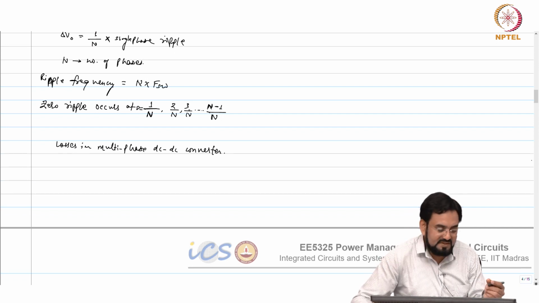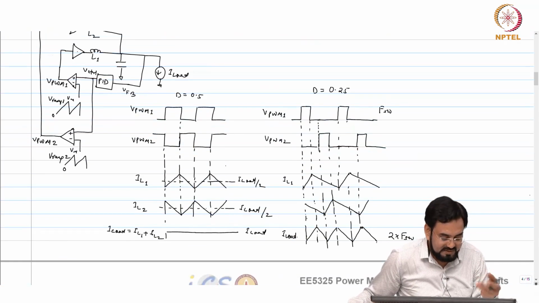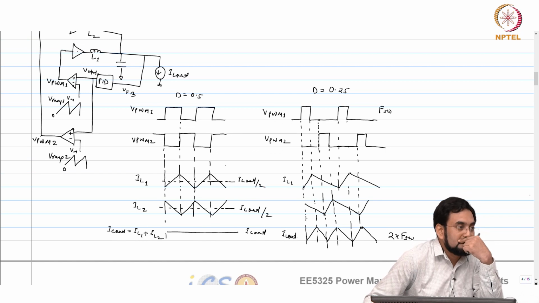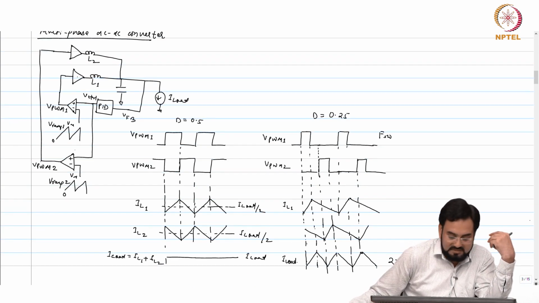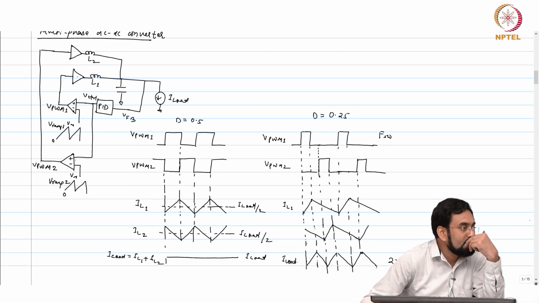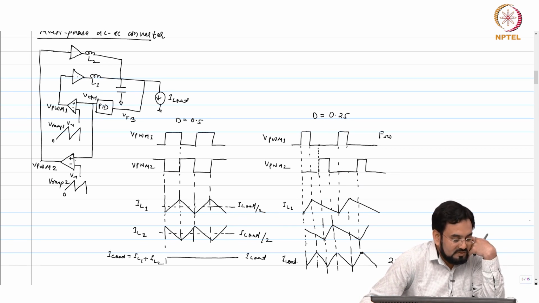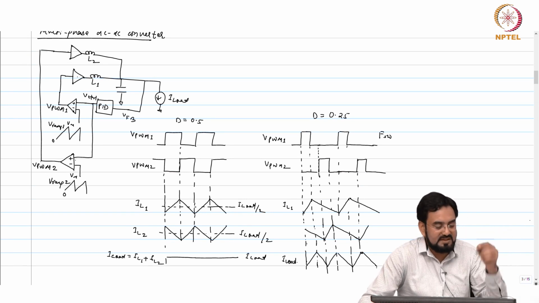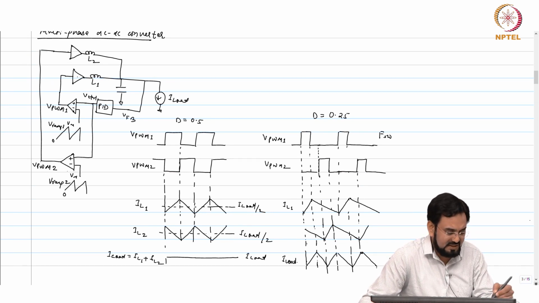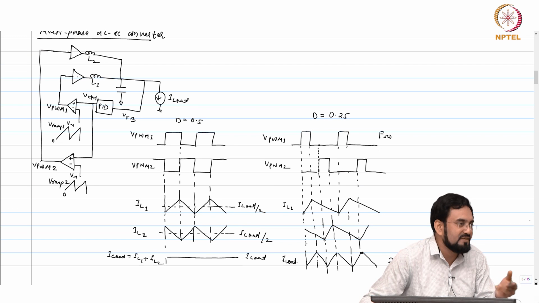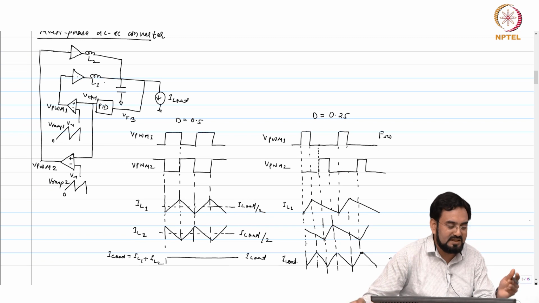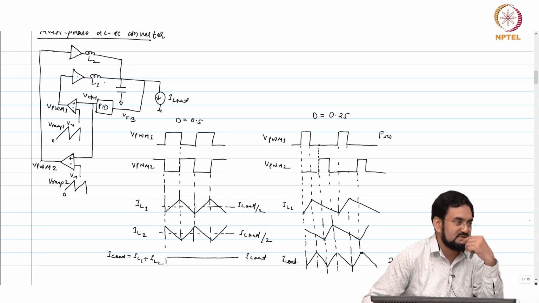By the way, by doing multiphase, what is the disadvantage? Advantage, we know it's a ripple. Can you tell me the disadvantage, just by looking at this? Yeah, it requires more components, more number of inductors, more number of power stages. Even let us say the controller is not taking too much area and your control is common, so extra you require a PWM modulator only. So extra comparator will not cost you much, but power FETs are very large, and the inductor is also an external component. So it will basically make the cost almost double.